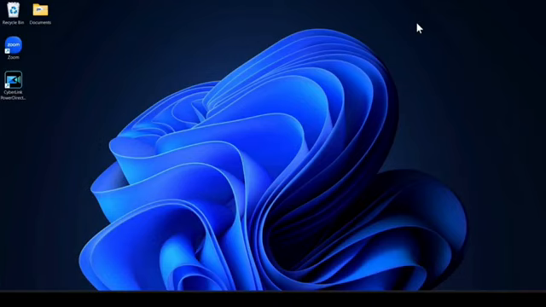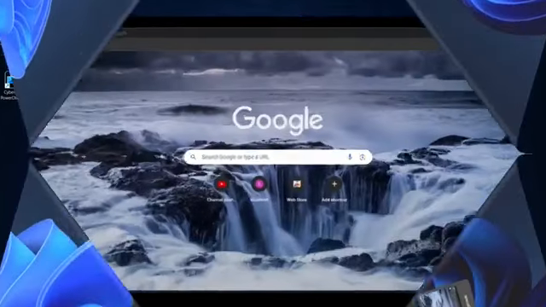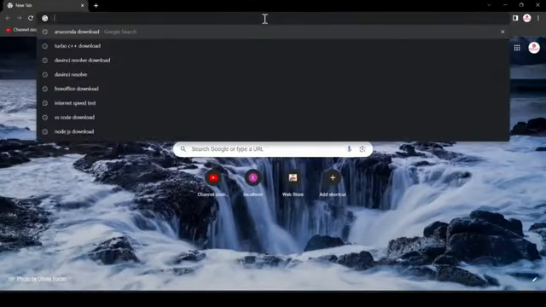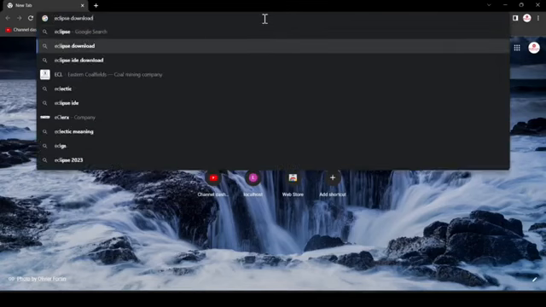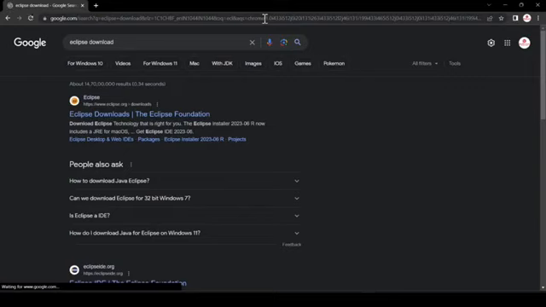Today we are going to download and install Eclipse IDE in our Windows 11 machine. For that you have to first of all open your favorite browser and search for Eclipse download and then hit enter. Now here you can see the first official website www.eclipse.org. Just click here